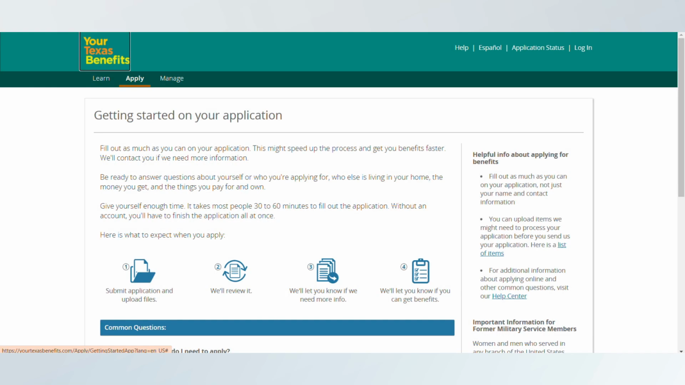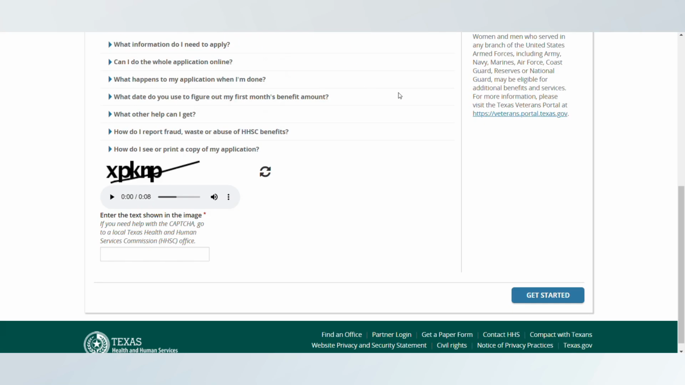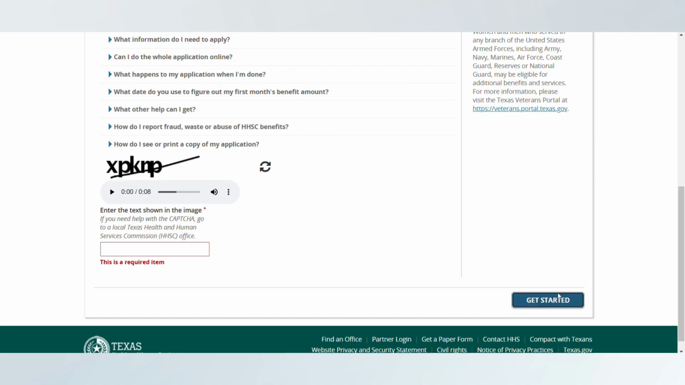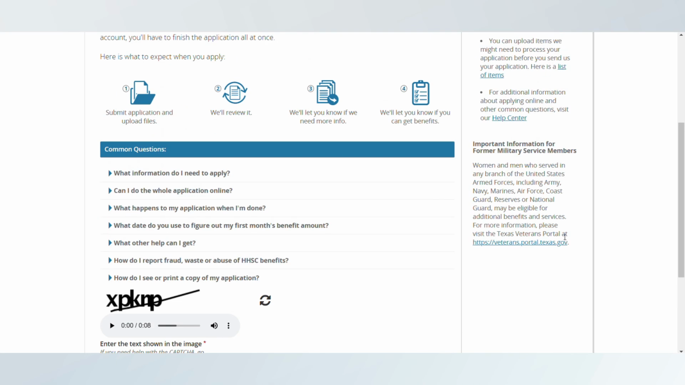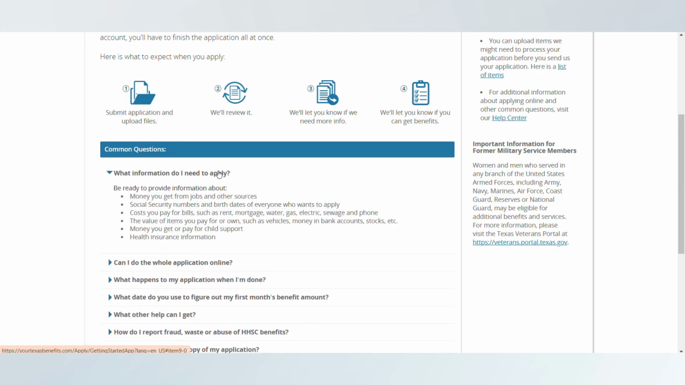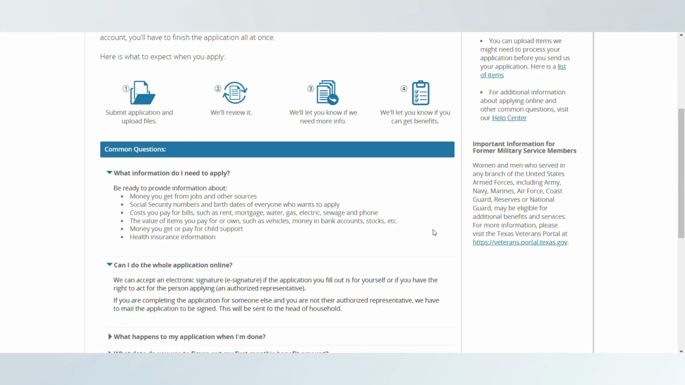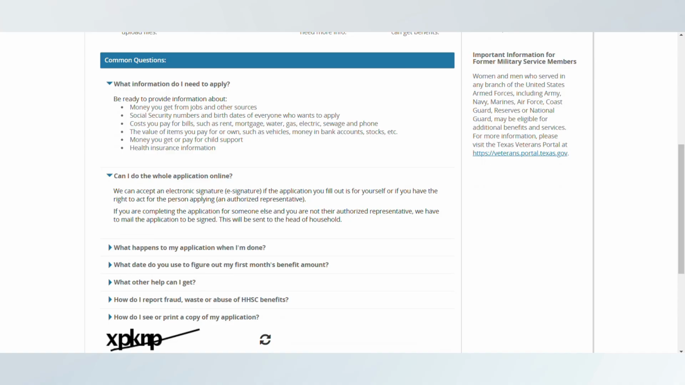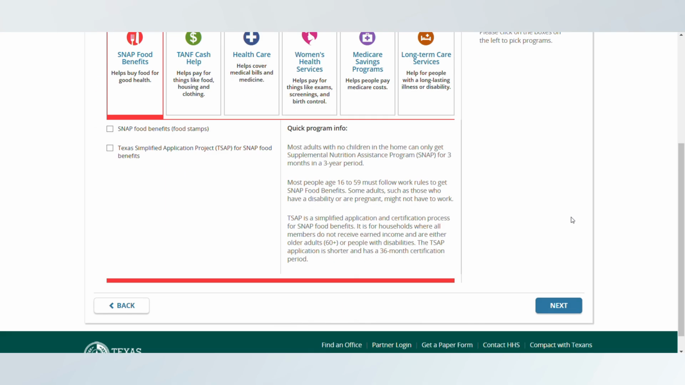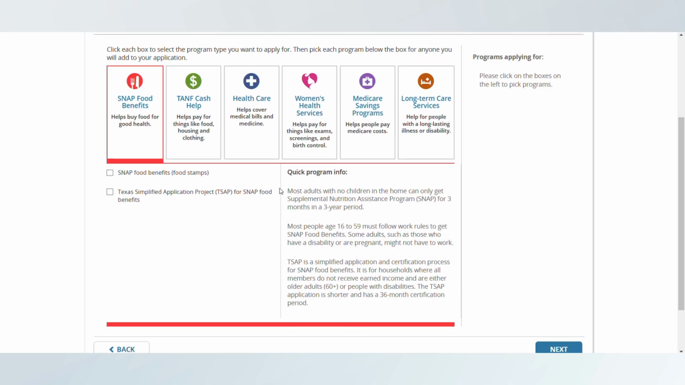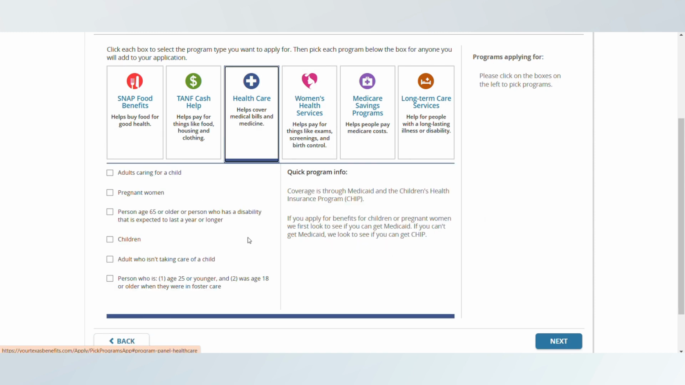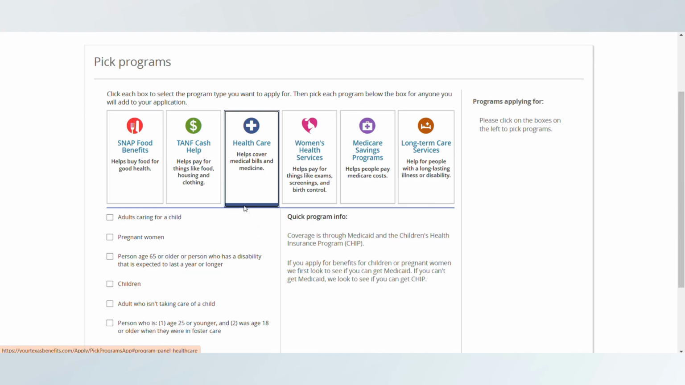For those who prefer alternative methods, you can apply by calling 211 in Texas for assistance over the phone or by visiting a local Texas Health and Human Services office for in-person support. Once your application is processed, you'll be notified of your eligibility and provided details about your Medicaid plan options and